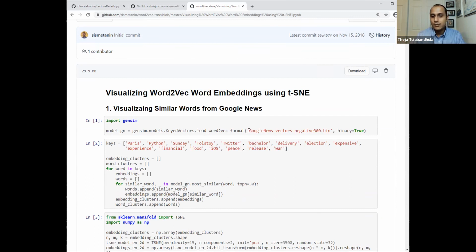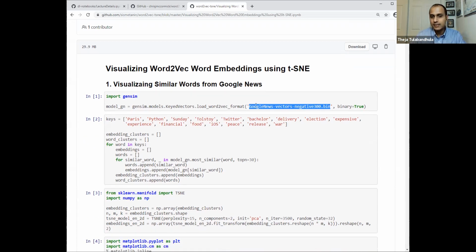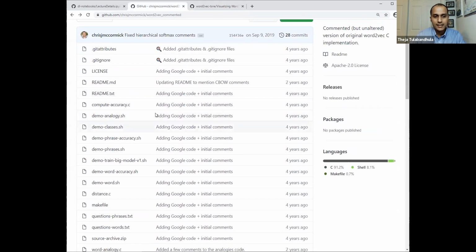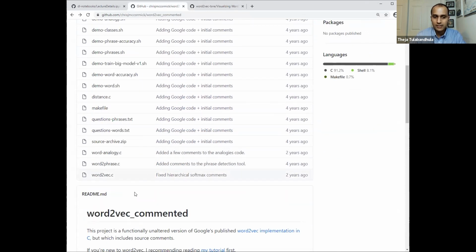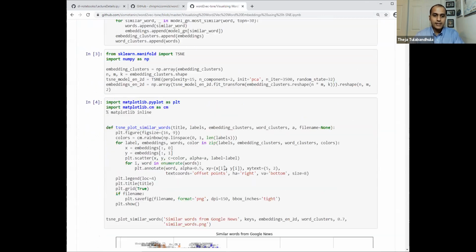And so there are pre-trained word embeddings or word vectors that are available. For example, from GenSim, you can get, I believe, this, or you can also search for just the string on Google or any search engine, and you'll get these pre-trained vectors. Okay, and that's it. So this is the outcome of that code base that Googlers had shared, and this author has commented on what's happening in the code base. Anyway, this is a great reference.